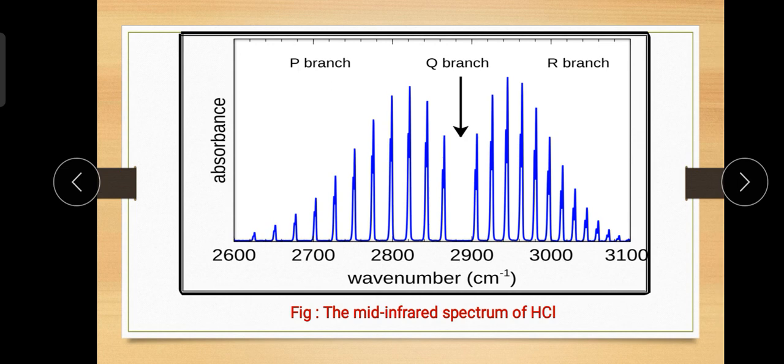Also here we have the different branches. We know that in a rotational spectrum we have different branches like O, P, Q, R, S. All those are the different branches. So here in the HCl spectrum we have the P branch, that means this region, here we have the Q branch, that means this region, and here we have the R branch. So the three branches are present here in the HCl spectrum. Again, this is the absorption spectrum of HCl, which is in the mid infrared region. So in this way we can represent the HCl spectrum, or the IR spectrum of HCl.